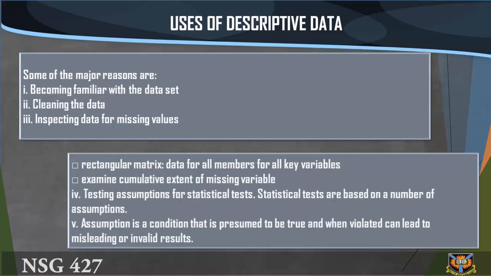Uses of descriptive data. Some of the major reasons are: 1. Becoming familiar with the data set. 2. Cleaning the data. 3. Inspecting data for missing values, that is, a rectangular matrix, data for all members for all key variables. Examine the cumulative extent of missing variables. 4. Testing assumptions for statistical tests. Statistical tests are based on a number of assumptions. 5. An assumption is a condition that is presumed to be true and when violated can lead to misleading or invalid